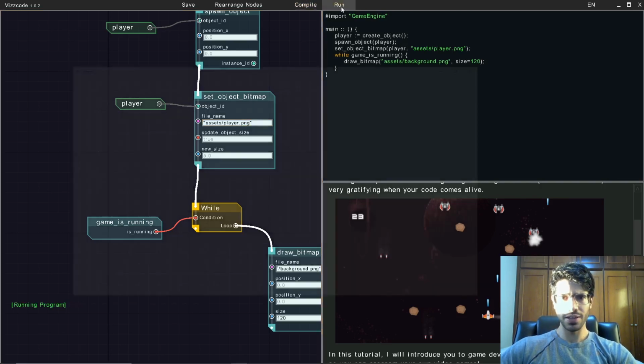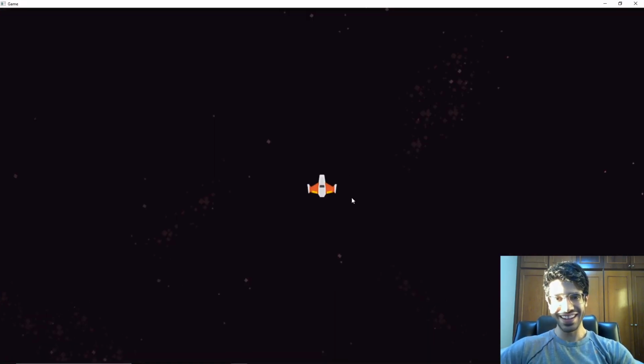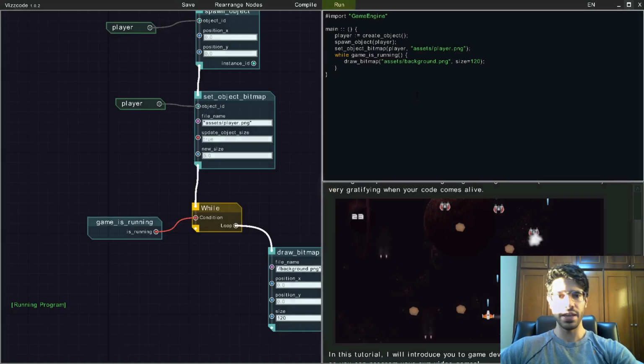So let's compile and run, and that's it, guys. That's the player. Looks really cool, right? But if I press the WASD or the arrow keys, nothing will happen because we didn't tell the computer to do so. For now, the player is static here, just as we set it to be, to spawn the player and to